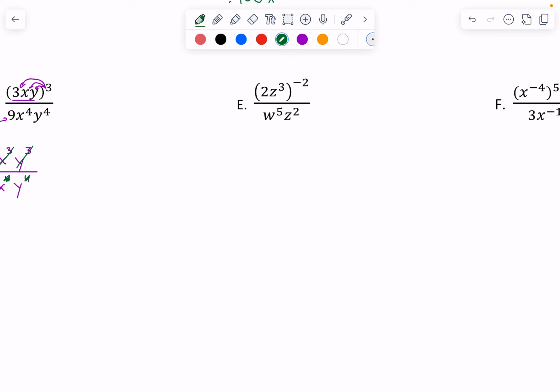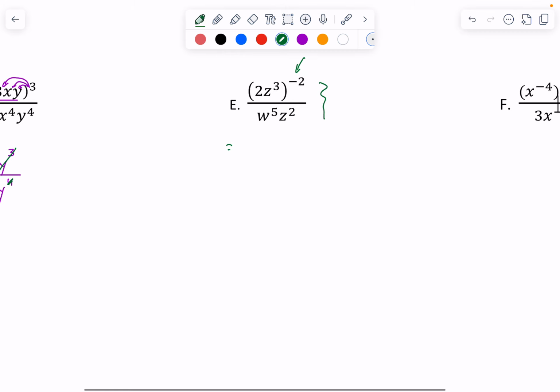Okay, ooh, this one's a little trickier. We have a negative exponent, but our whole thing is also a fraction. So in order to do this, I would really recommend thinking of it similar to what we did when it came to the rationals, where you have this as it's written. You have 2z^3 to the power of negative 2, and that's being multiplied, right? I think of it as your a value from the rationals. That's being multiplied by 1 over